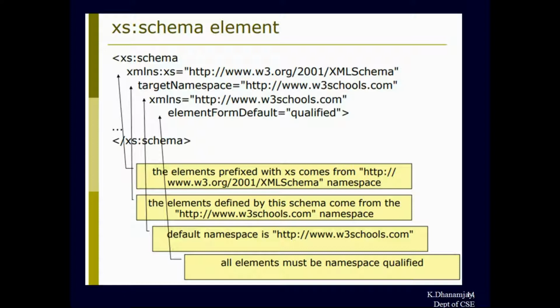In the schema element, you can have XML namespaces. You have to remember that XML schema, which is prefixed with xs, comes from w3.org. You have to specify the namespace. This is a default one. You have to give these values for a namespace. This is a prefixed one. For this you have to specify a target where it comes. So you have to specify the target namespace also, and then the XML namespace, which is qualified or not qualified. Okay, which is a valid one.